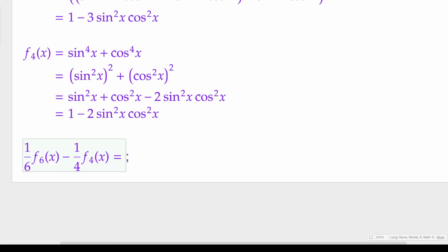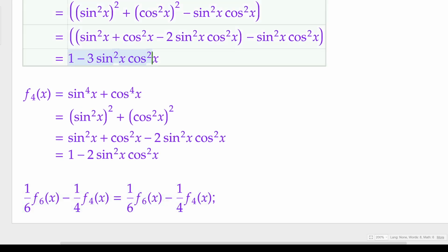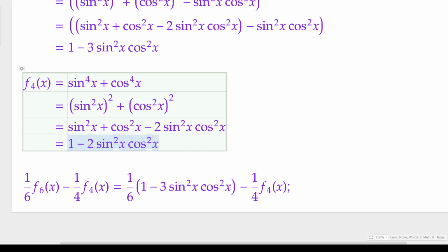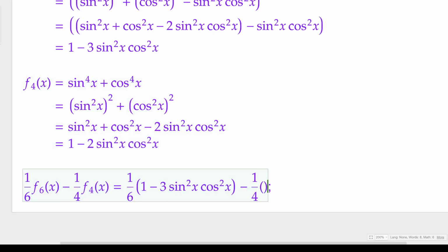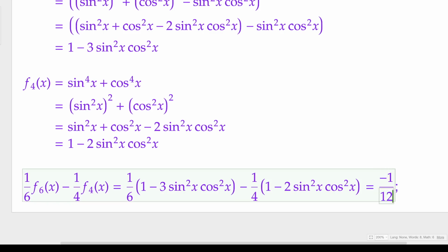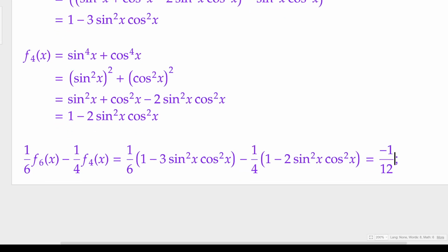So this is 1/6 of this particular quantity, within parenthesis, and on the other side we have this part. This f subscript 4 of x can be written as this. Now on resolving this one, we will get negative 1 by 12, because you can observe here, on multiplying, this will be 1/6, and this will be 3 over 6, that will be half, and this will be 1/4, and then this will become half. So on resolving this part, we are going to get